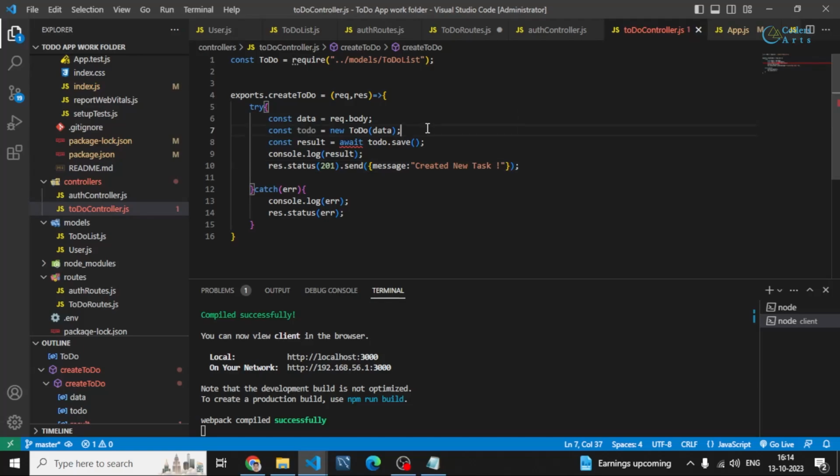So this is our creation part. Let me just add async here as well, right? Okay,